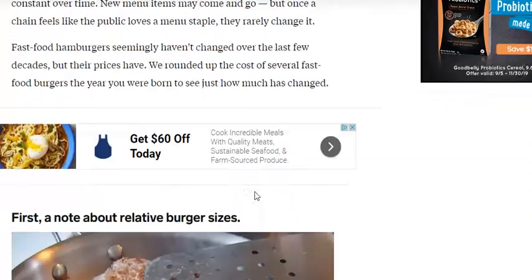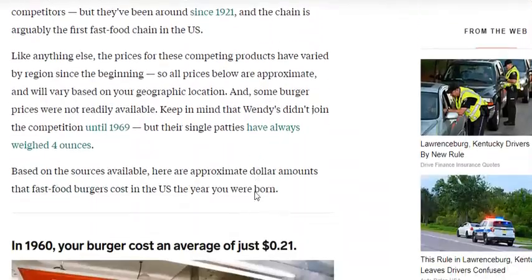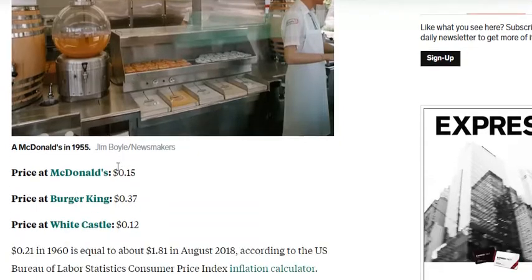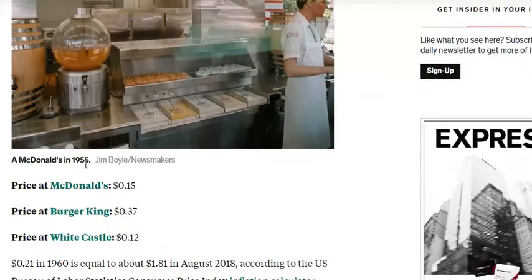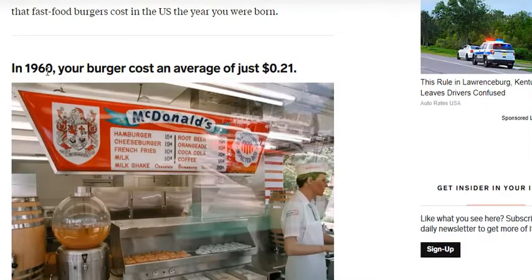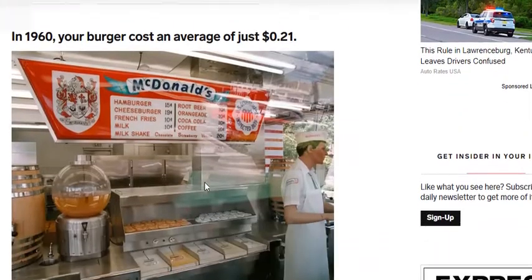But what it does is they're taking 3 places that are still open today, McDonald's, Burger King, White Castle. They add them up, they divide it by 3, and that's how they give you an average burger cost. And this video also is from 1955, and they're using 1960 if you noticed the differences here. And so anyways,